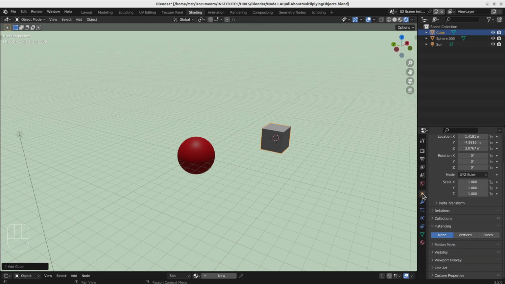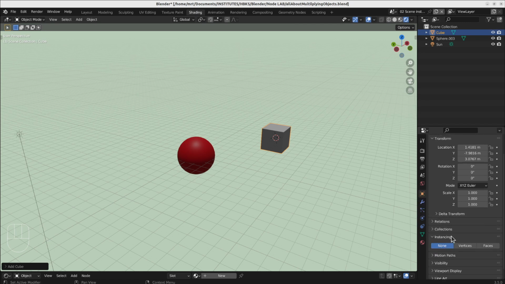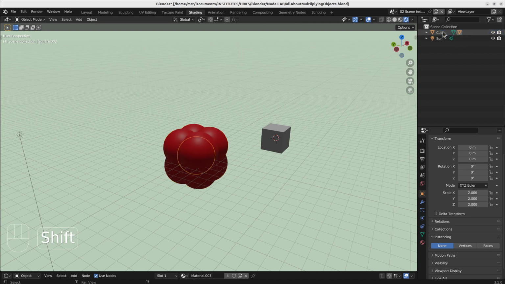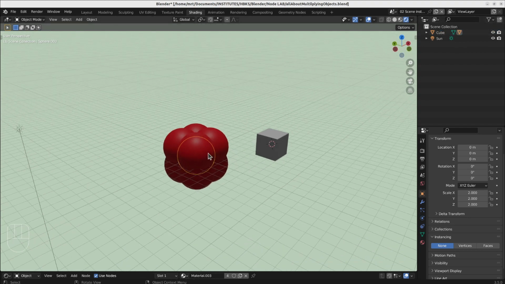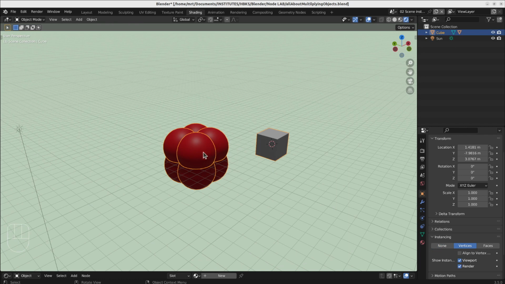You go here to your object properties, and there is a tab called instancing. So if you go there to vertices, at first nothing happens, but if you then make your one object a parent or child to another object which has this instancing, then it becomes